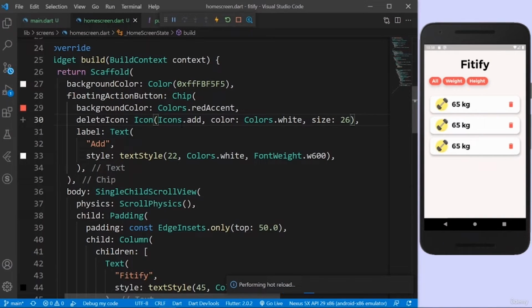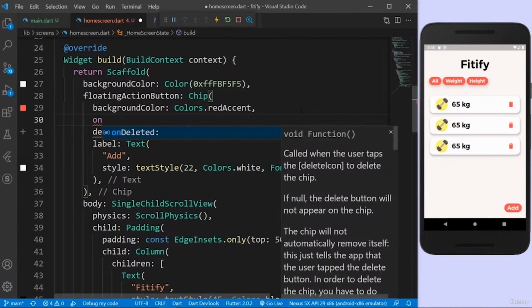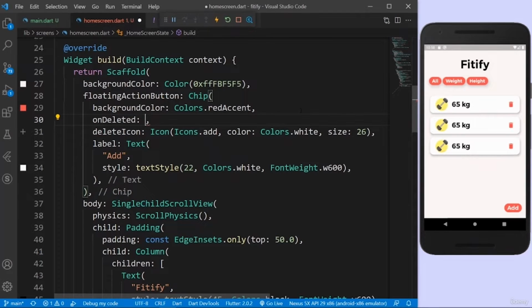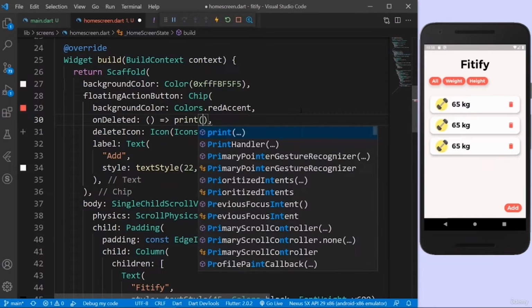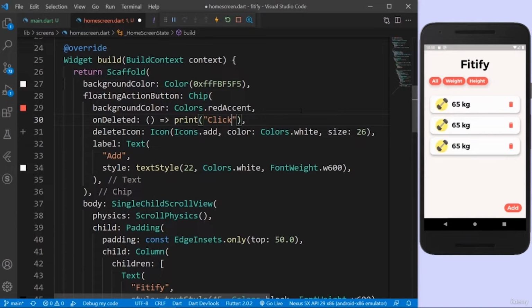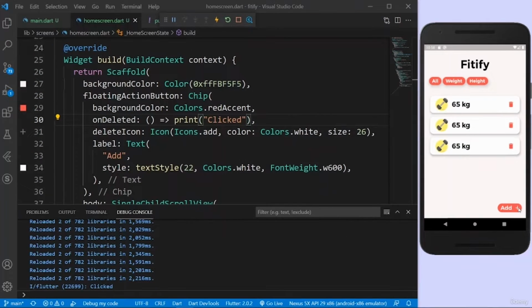Let's save everything, and we should have a floating action button. There you go, add. But we don't have the add icon because we didn't do anything with the on deleted function. So we actually also have to provide the on deleted property. When the user clicks on this, then something has to happen, right? So for now I'll just print click. Let's save everything, and we should also now have the add icon. There you go, perfect. Let's open up the terminal, and when I click on the add icon, there you go,